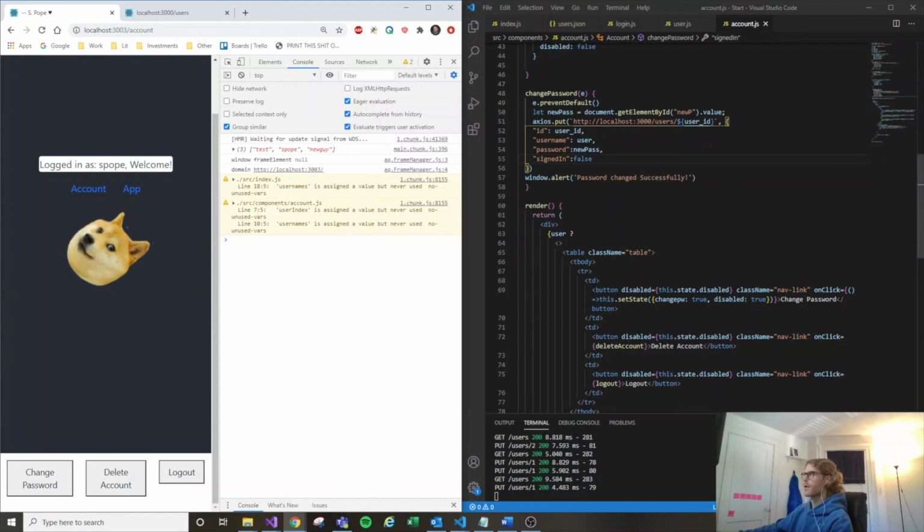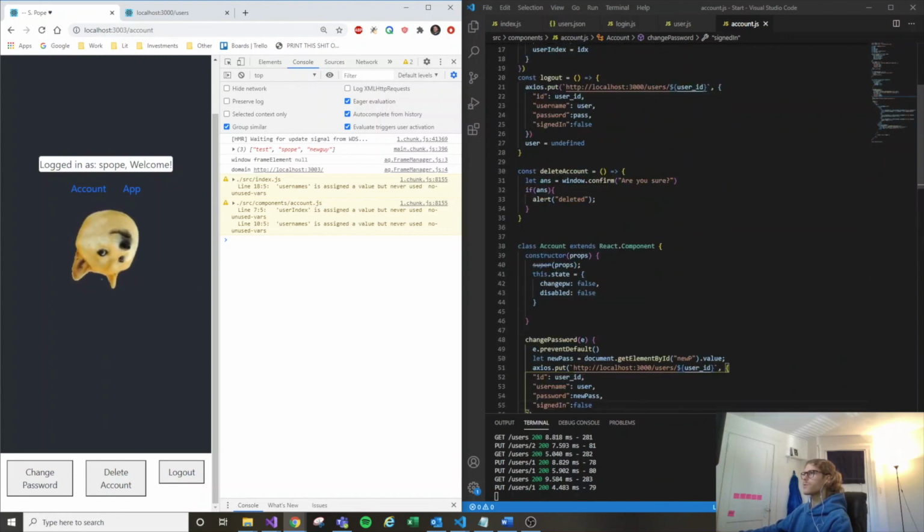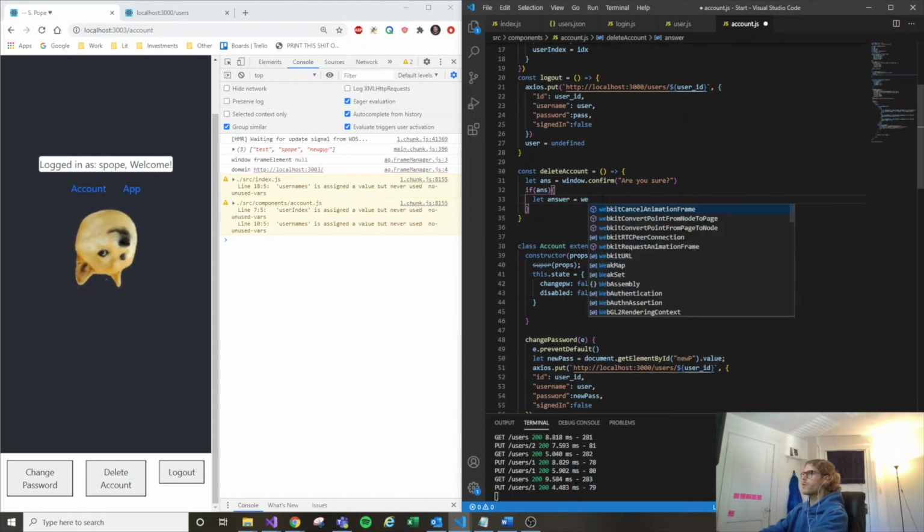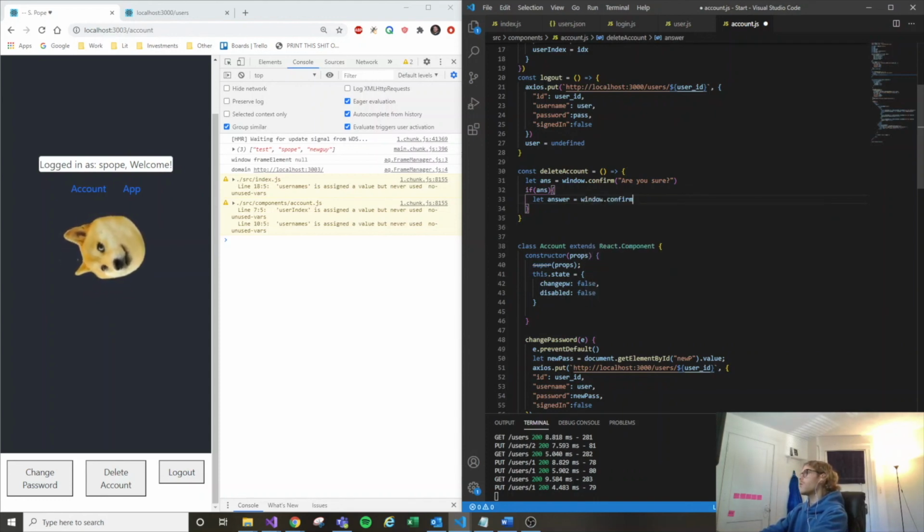is if we want to delete our account. And this one, guys, is the simplest one that we're going to do. So we are going to create a Boolean with the window confirm method. So we're going to say let answer equal window confirm. And then you can just prompt whatever you want. We're just going to say, are you sure you want to delete your account? And then